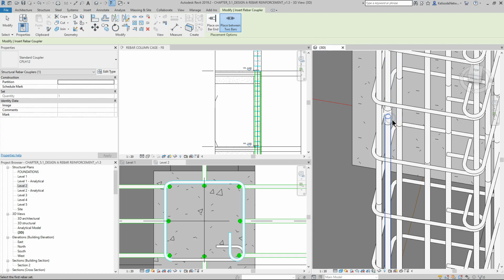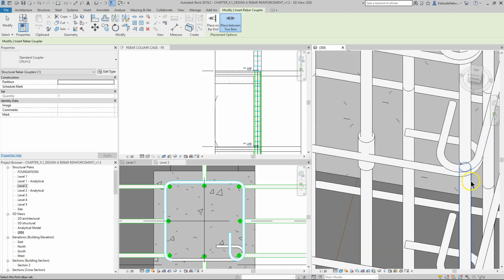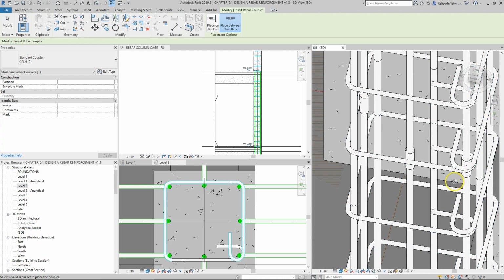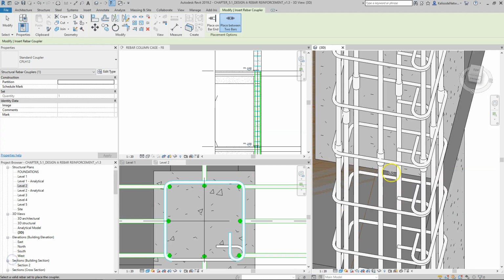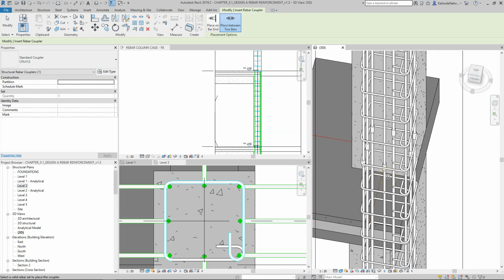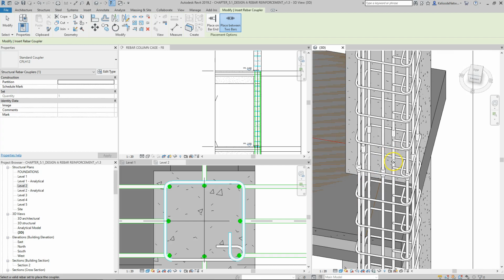So I've clicked on rebar coupler, clicked on the edge, and then on the other edge of the rebar, here is hidden, and I've positioned 3 of those rebar couplers, and I will do the rest offline. So here the job is done, and we have all the rebar couplers. What we need to do as very last step